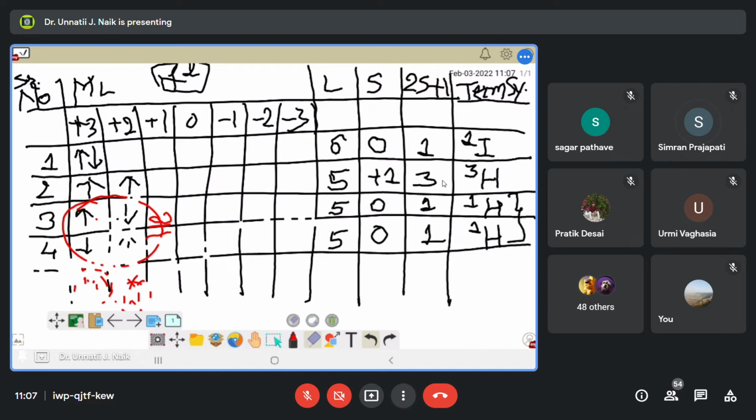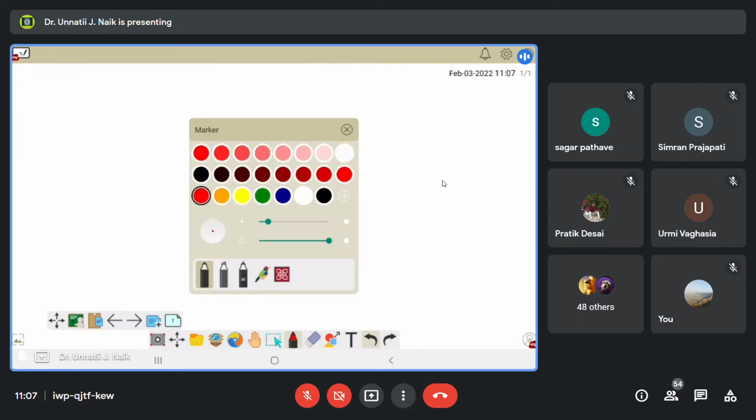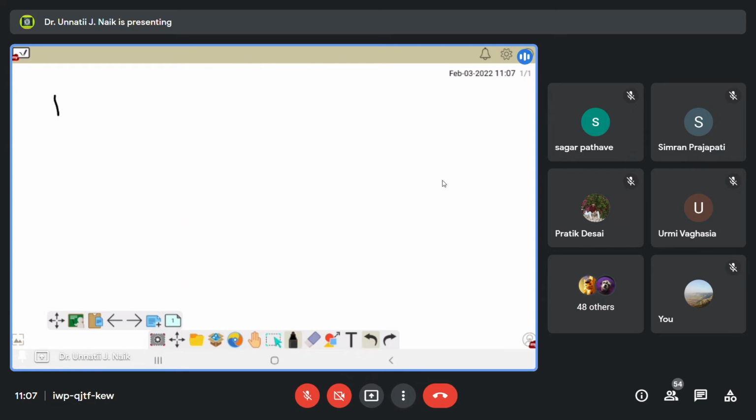182. Now, out of 182, as we have discussed, there are two arrangements which are actually the similar one. So for every arrangement, we have two arrangements which will be similar. So we will be left with 91 term symbols that can be derived for the F2 configuration. Now, out of these 91 terms,